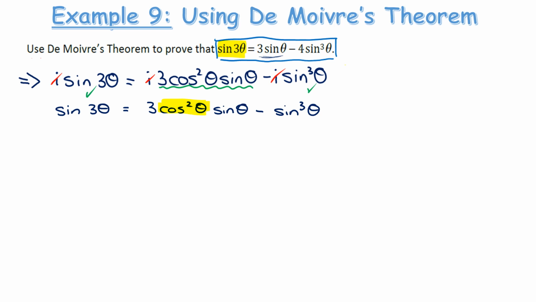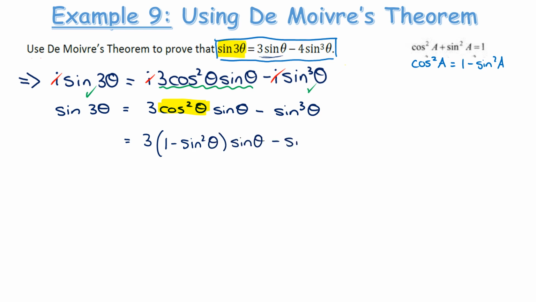And if we go to the log tables on page 13, we have this little formula here. And this little formula isn't helpful straight away, but actually if we rearrange it, we can get a little formula that says the cos squared of an angle is 1 minus sine squared of an angle. And this, as a substitution, will help us with the right hand side. So I'm going to replace this with 1 minus sine squared theta times sine of theta